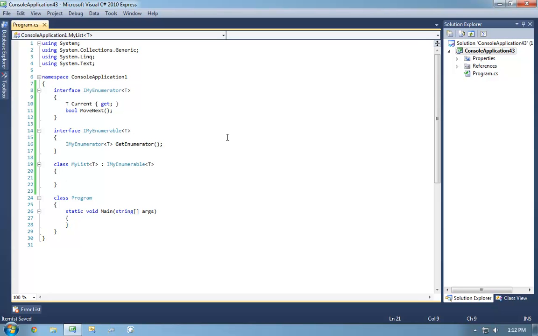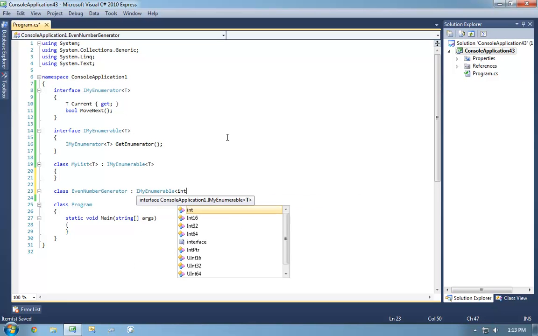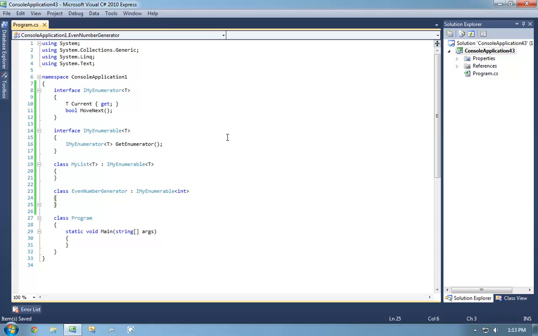The way in which it collects data is dependent on the specific IEnumerable. So for example, in this case we have a list, but we could just as easily have an even number generator that implements IEnumerable of type int, for example. It doesn't really make sense to add things to an even number generator because it's not really a collection. It's just a sequence.